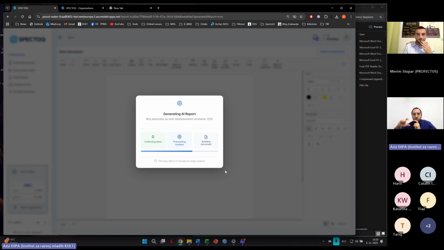Also, it will show specific tables or snapshots for the changes or indicators where change occurs. And this process could last up to a few minutes, but Mary already mentioned that it is quite a time saver when we have a due date, for example, for the report, and we want to have it as soon as possible, and we don't have time to develop all the narrative for every indicator or for every result